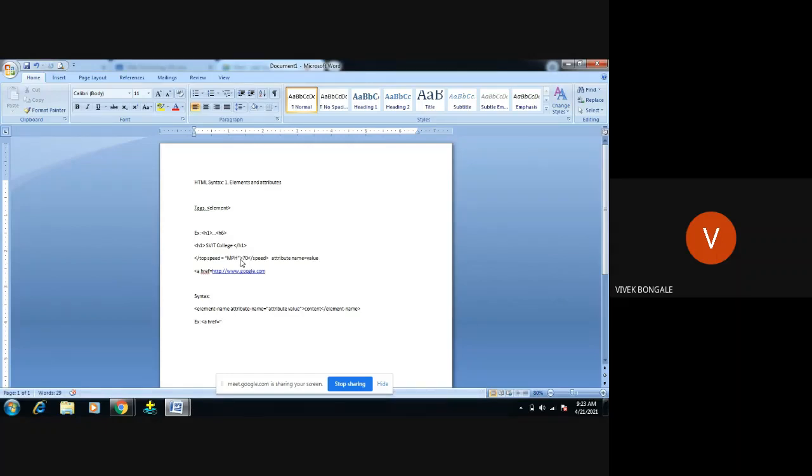So I'm writing the URL like http, then a slash, followed by the attribute value, some URL I'm giving, like www.saividya.ac.in. So this is done. It should be enclosed in what? Single quote or double quote. So I'm using a double quote here for this particular attribute value.